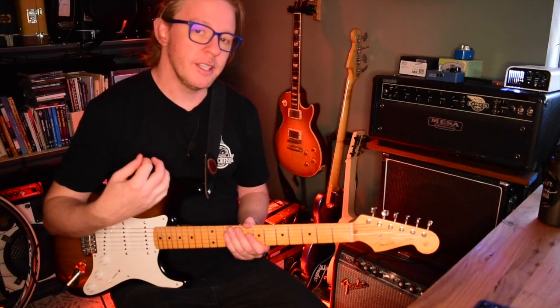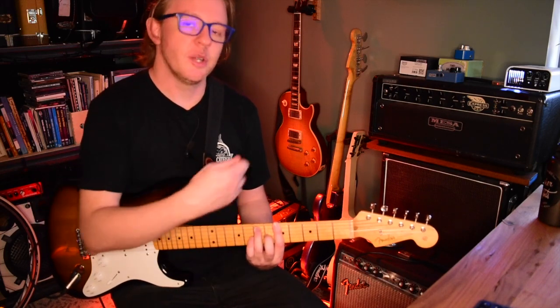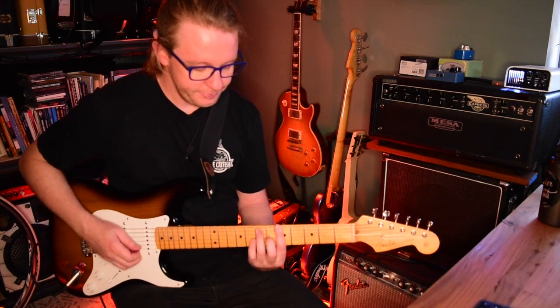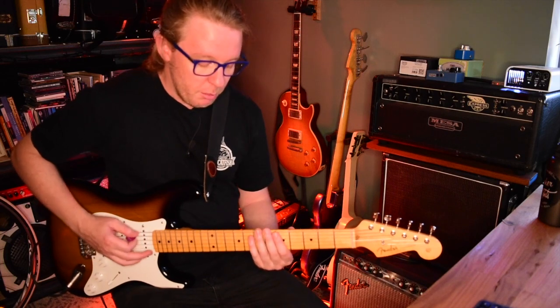What we're creating is I guess more of a suspended sound over the chord that is the center of the key. In this case, in A. So we need a little bit of a primer here first before we jump into this. Let's take the A minor pentatonic scale and make sure that you realize one little thing that we need to know in this video. When you're playing your minor pentatonic scale,